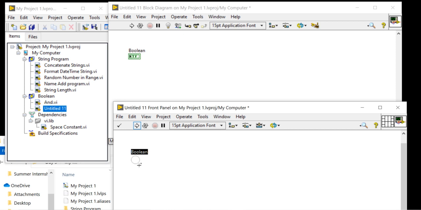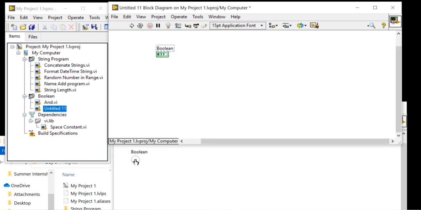This boolean is an indicator type right now. This boolean LED is an indicator type. I want to change it into the control type.